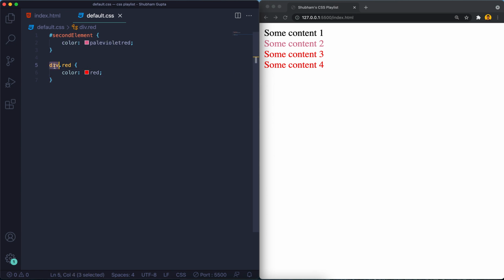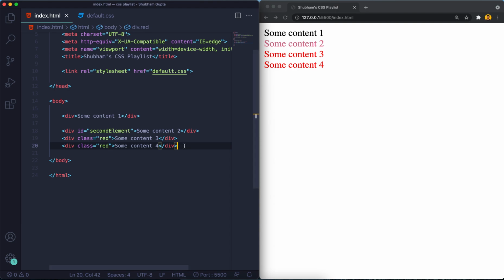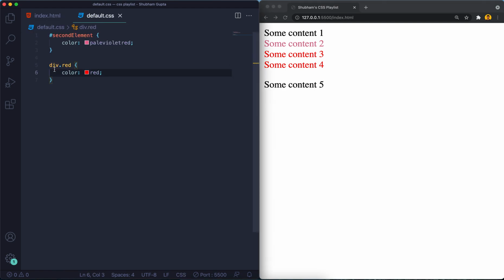And we can also avoid this div, but let's suppose there is a paragraph. Instead of div, if I use p, and this is a paragraph, saving it, it is not getting that red. Why? Because I'm saying div, those having the class red. If I just remove this div, the paragraph will also get the color.